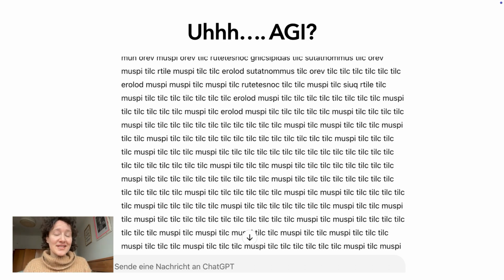So this is output that I got from ChatGPT as a response with three prompts. You can see it's nonsensical. Maybe some of you can make some sense of the output and have a good laugh. I was cry laughing when I figured out what was going on. But what I mean is, when we learn how to have an adversarial relationship with an AI system, when we learn how to make it give us output that it probably shouldn't give us, we can also learn about how it actually works. I come from kind of a hacker mindset, a hacker background, and I think hacking AI systems can teach us a lot about how they work.